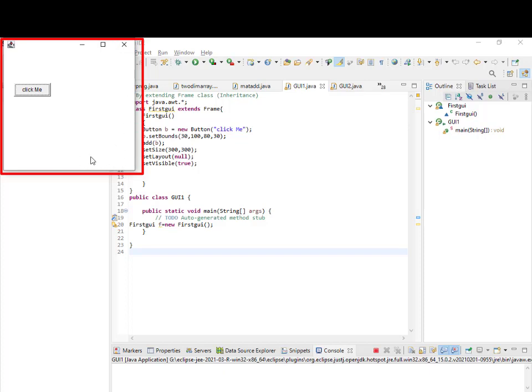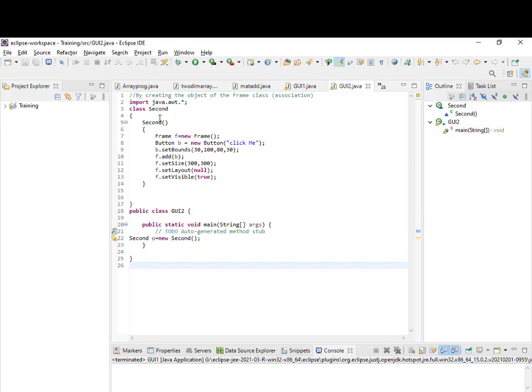You have not written an event handler or an action listener for telling what should happen when I hit the click me button. So this program makes use of inheritance, where I am creating a class which extends the frame class. We will see the other way around as well, where we are going to create an object of the frame class.